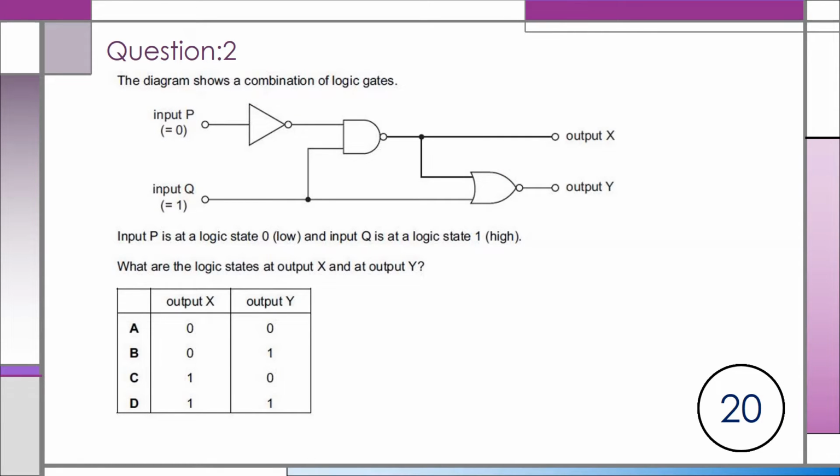Try this second question. The diagram shows a combination of logic gates. Input P is at logic state 0 and input Q is at logic state 1. What are the logic states at output X and at output Y? Your time starts now. The correct answer is